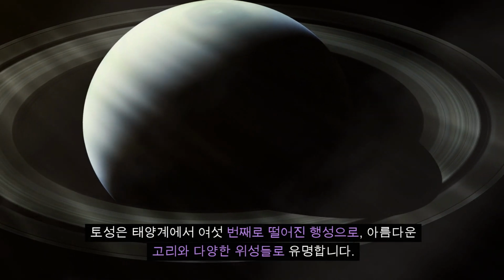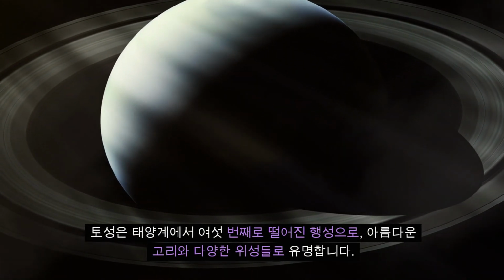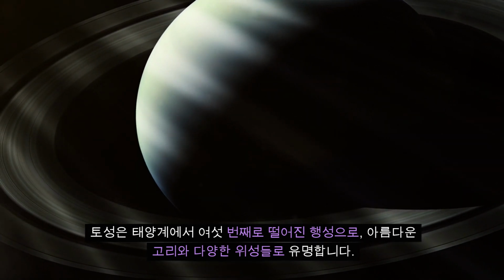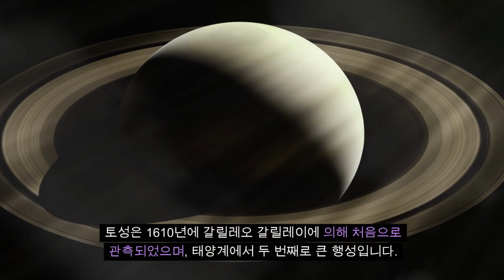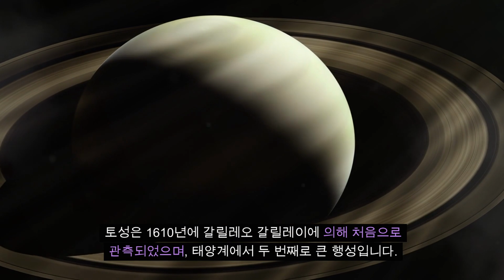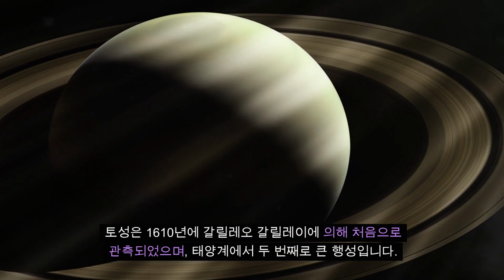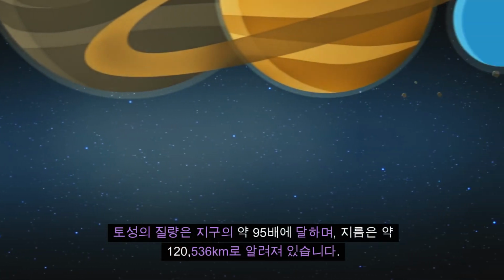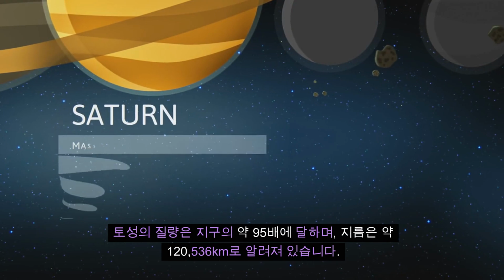Saturn is the 6th planet from the Sun in our solar system, renowned for its beautiful rings and diverse moons. Discovered by Galileo Galilei in 1610, Saturn is the second largest planet in our solar system. It has a mass approximately 95 times that of Earth and a diameter of about